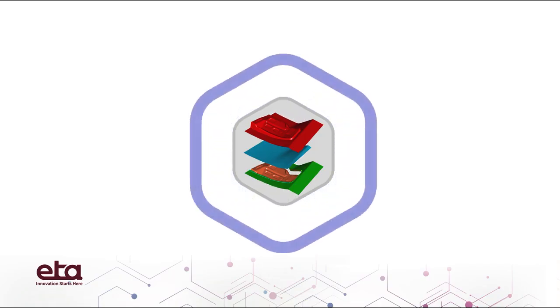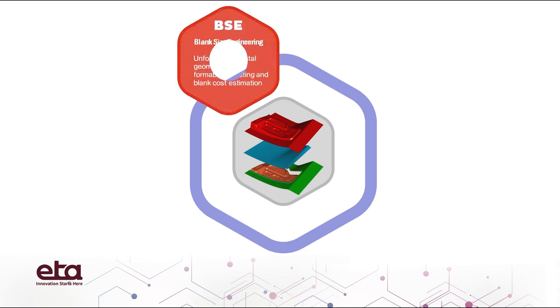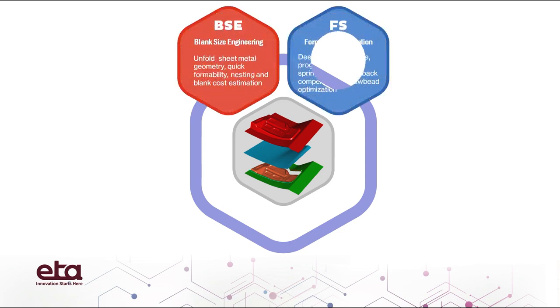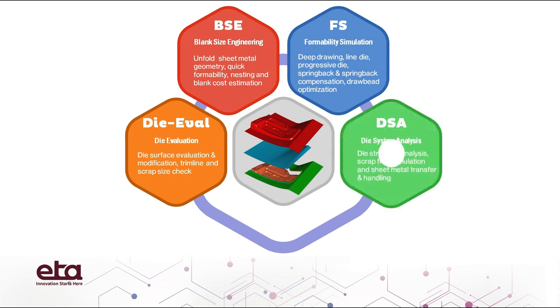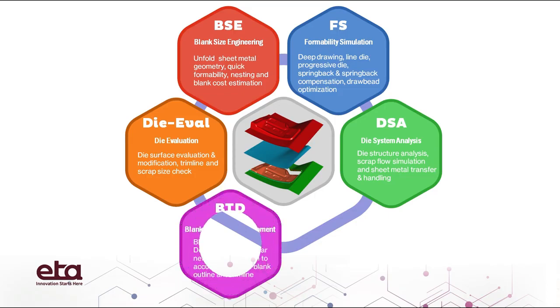Dynaform consists of 6 distinctive modules. These modules include blank size engineering for blank nesting and cost estimation, formability simulation for the final validation of the die surface design, progressive and line die simulation, die evaluation for quick evaluation of the die surface design, die system analysis for analysis of die system including structure integrity, scrap flow and sheet metal transfer and handling,